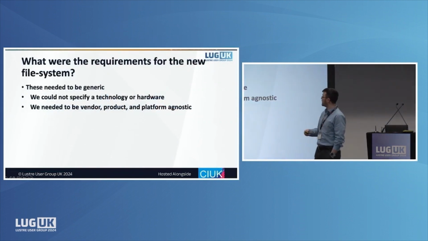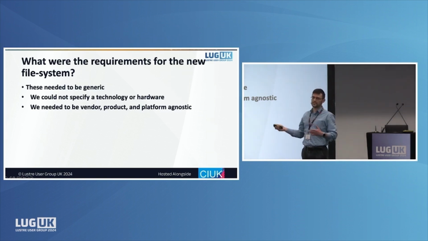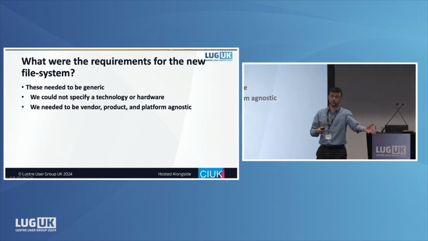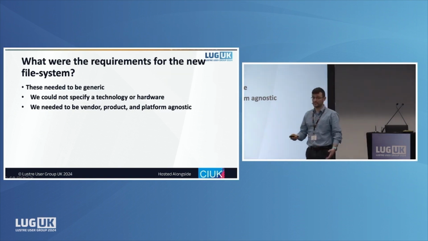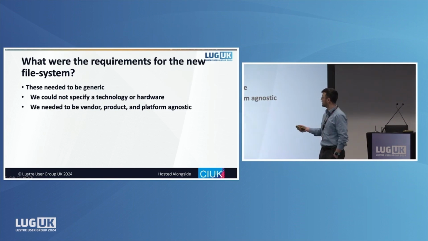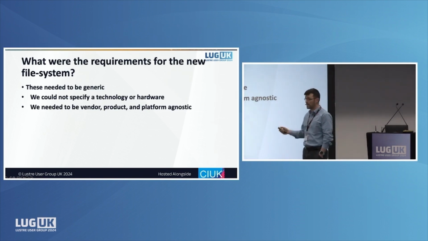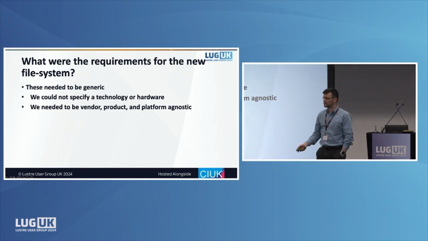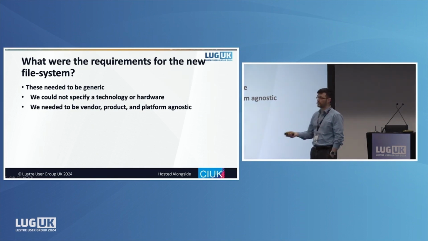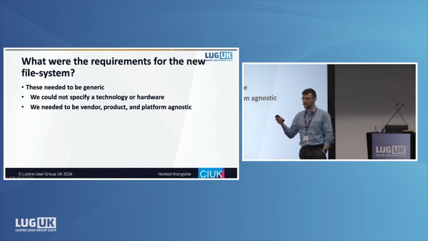So what were the requirements for the new file system? First of all, when we set the requirement for our procurement, we have to be generic. Some of the things we will say will look a little bit strange, like why did you not just ask for that. It's because we can't. We have to make our requirement not specific to any technology or hardware. We didn't say we want Lustre. Also, if we were already using Lustre, it could have been any file system. We just say we want this performance. And also, it has to be vendor and product and platform agnostic,